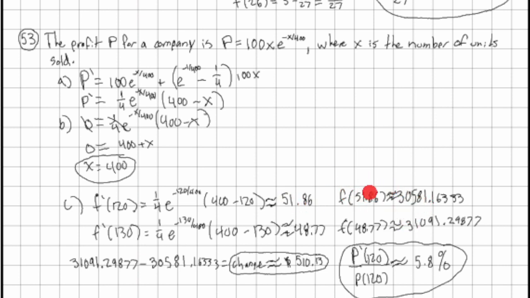Then I take each of these values and plug them into the original equation. For the 51.86, it equals 3,581.16333, and the second one, for 48.77, would equal about 31,091.29877. And then I subtract them, which equals a change of